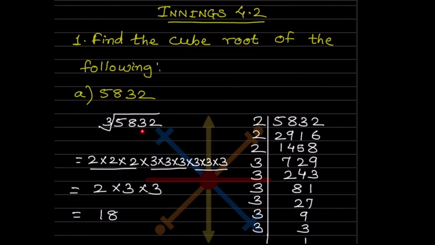They have asked the cube root of 5832. These are all the factors of it. What we have to do: for a cube, we have to divide it into groups of 3. Here you can see the same number. You will take this group just once, this also once, and this also once, one number from each group. So what will that be? 3 2s are 6 and 6 3s are 18. Therefore the cube root of 5832 is 18.